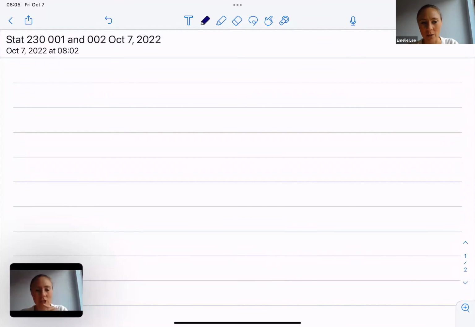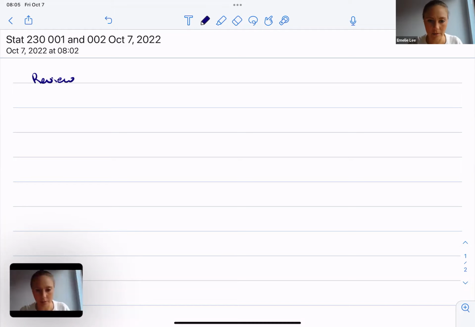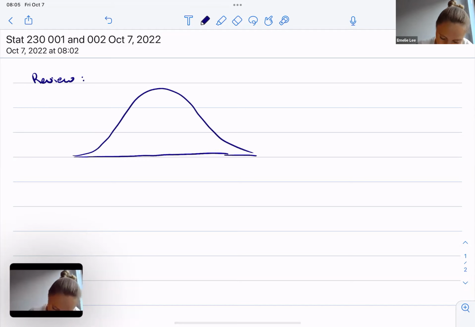Yesterday we finished talking about the Z table. We started using the Z table a little bit. So now I want to just do a quick review. We started talking about the normal distribution, of course. And so we said, okay, if I have a normal distribution and I'm given,